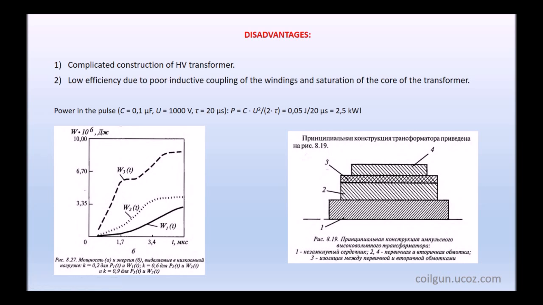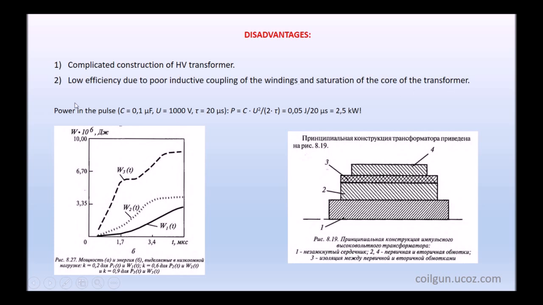The transformer must be very well isolated. Frequently it is molded with epoxy or paraffin, and it is not a simple deal to make such a transformer. Also, this transformer has low efficiency due to poor inductive coupling of the windings and the saturation of the core